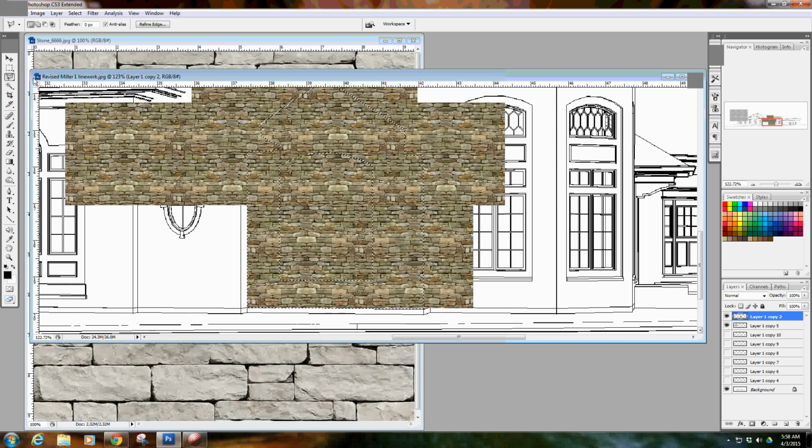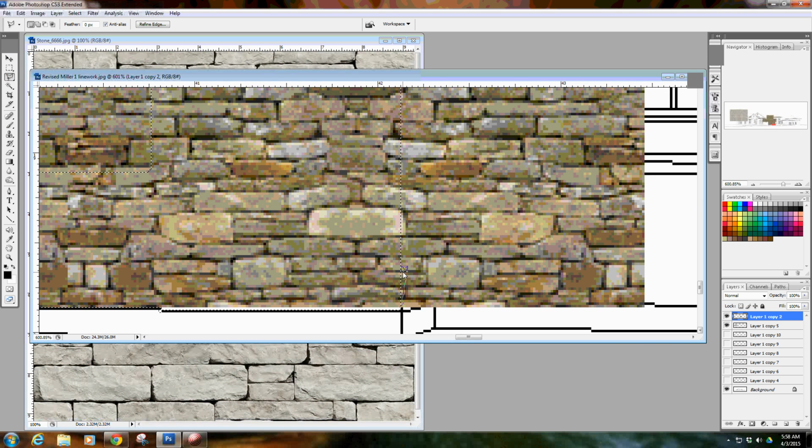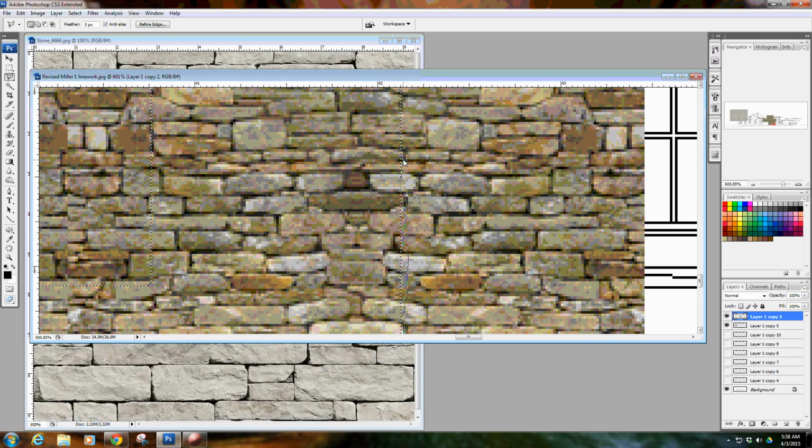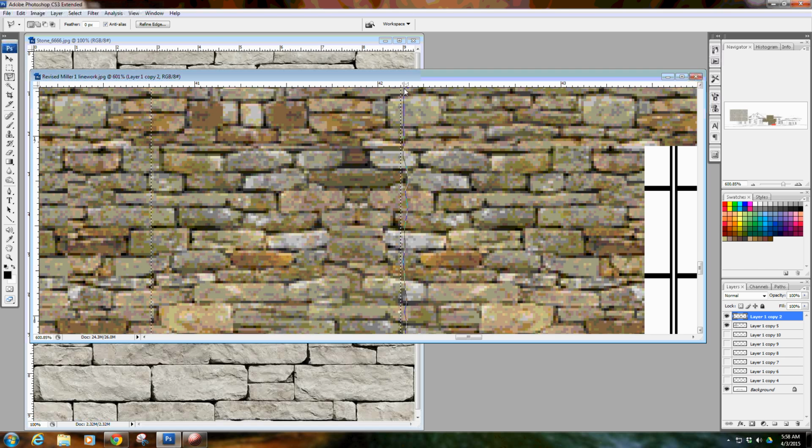So I'll take my polygon lasso up here, and I might go stone by stone and give a little bit of texture to that edge all the way up. And just kind of make it up as you go along. If there's a joint that's right along there, just follow the joint. But otherwise, it's just up to you